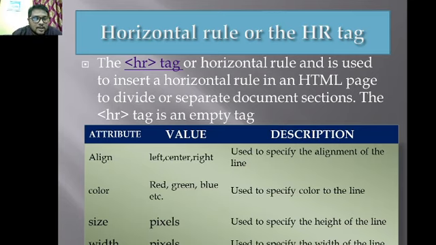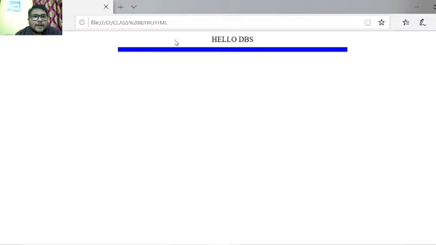Look at this one. This is the HR tag. That yellow line, sorry, not the yellow line, the blue line that you can see is the HR tag. So the blue color is the attribute. I'll show you, then you will understand.